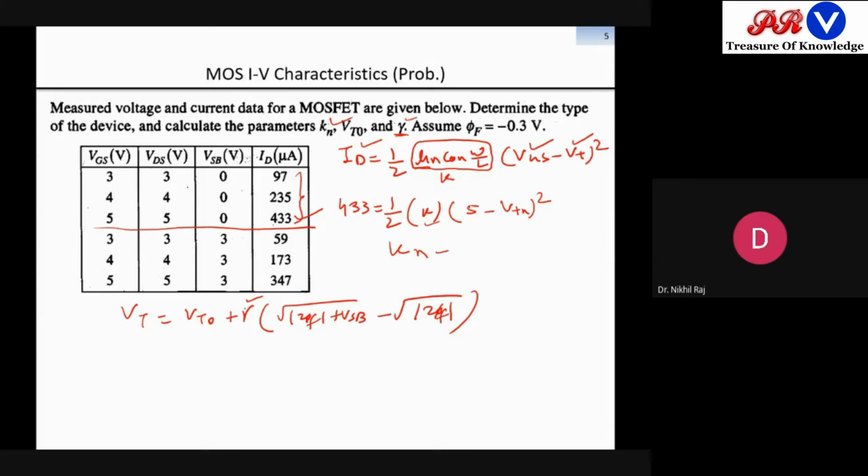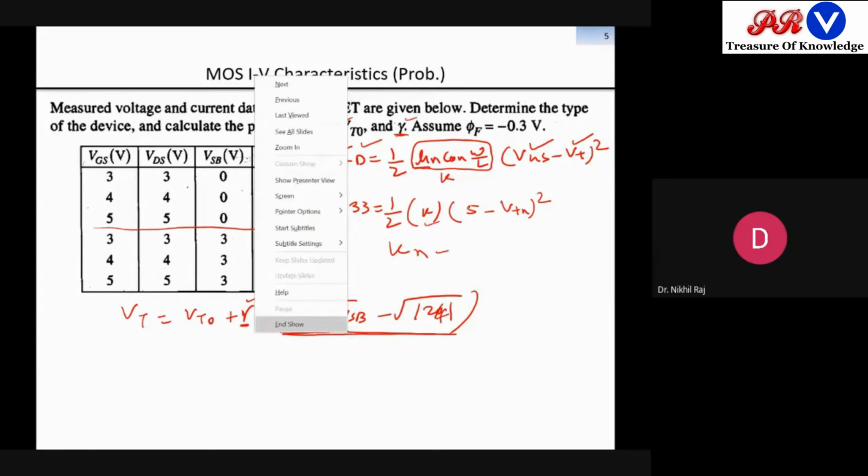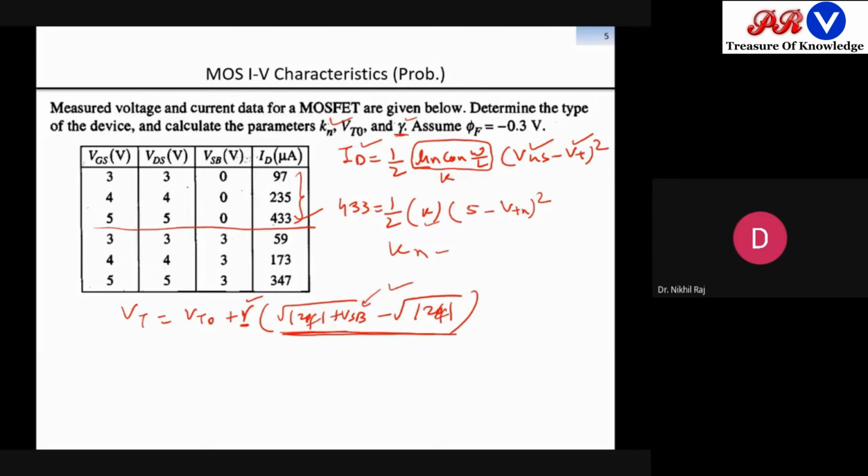Now to calculate this one, it means definitely there is a body effect, because this will exist only when it has some finite value. If it is 0, then gamma will disappear. So this will exist when there is a VSB effect. Fine. So we have to use the expressions which are showing VSB effects. So where are the VSB effects? These three are the set of values where VSB effects are playing the role.